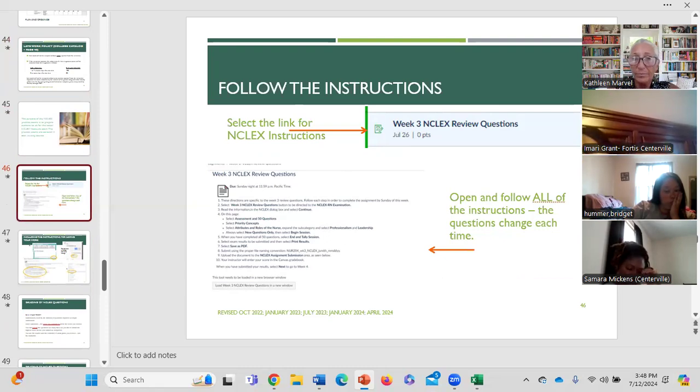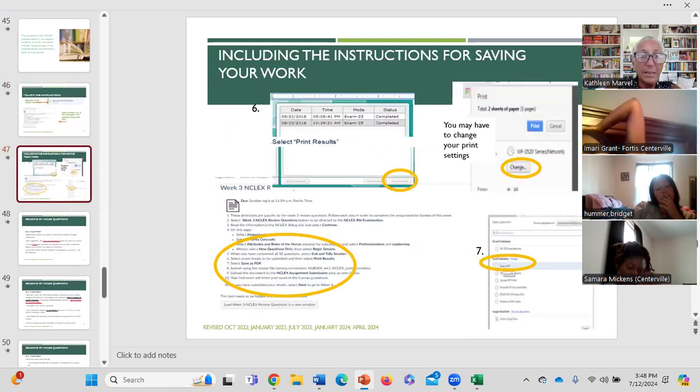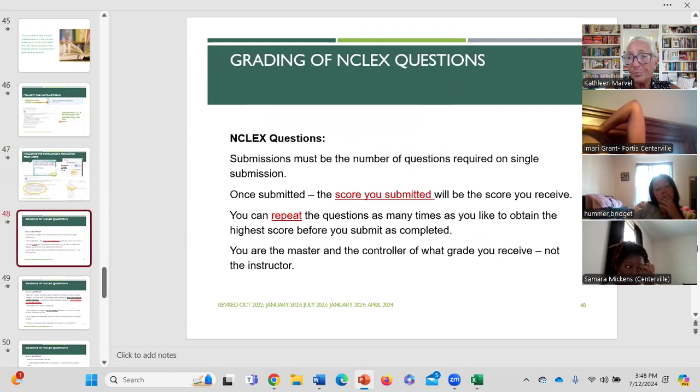block of 50. Okay? As far as NCLEX, please access your NCLEX through your module, through the link in your module. If you go through the main Evolve site, it's going to only provide you a screenshot, and I can't accept a screenshot. No screenshots can be accepted. I need the full PDF version, which is usually 10 to 16 pages.